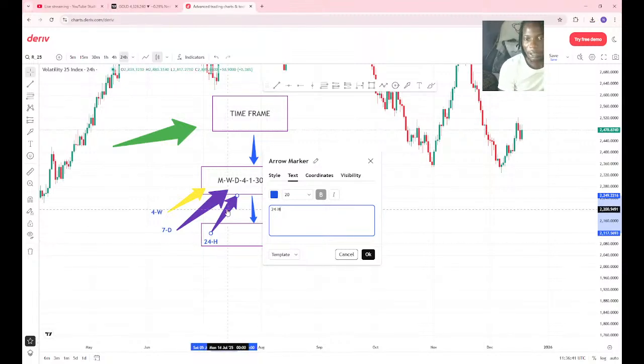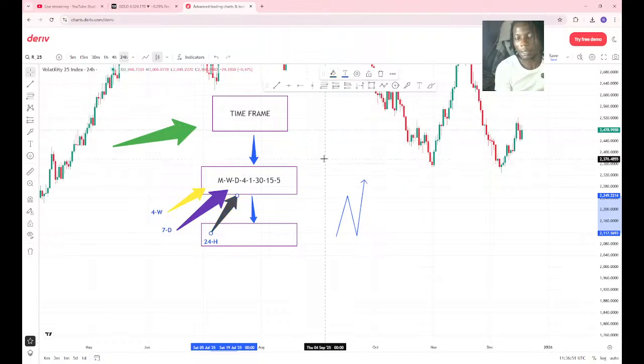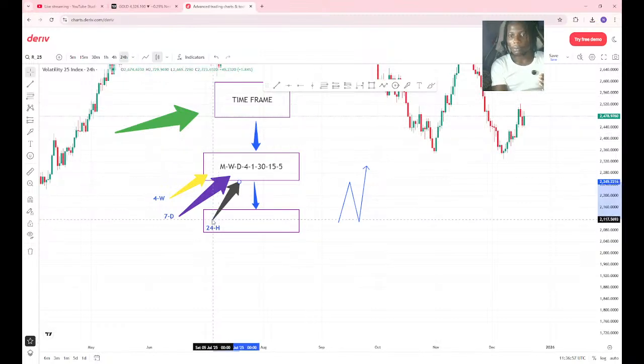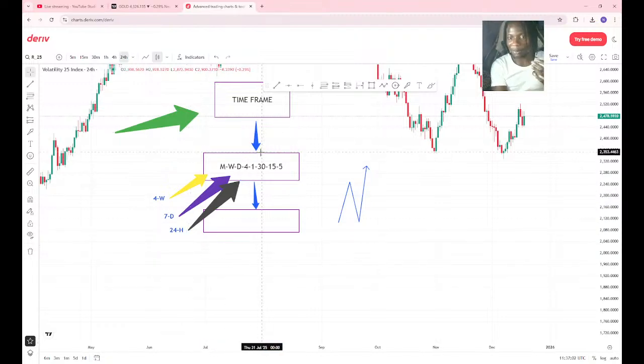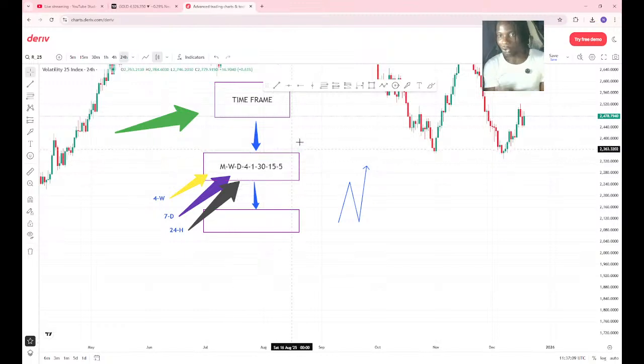I think I need to change the style of this. No, blue is common on the chart. I think black, yeah. So guys, are you getting this point now? The 4 hours is what, 24 hours before it completes a daily candle, before this daily candle closes. All right, all these are also structure points. I'm really going deep into structure movement so you guys can understand how structure moves.